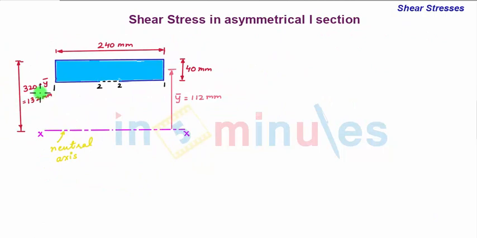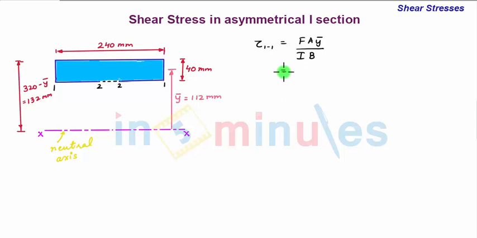So first we determine the shear stress at layer 1-1. We have the part of the cross section above the layer, which is nothing but the top flange. So this depth from the neutral axis to the top of this flange will be 320 minus y bar, equal to 132 mm. If you consider this shaded area above the layer 1-1, the area will be 240 into 40, and the y bar will be 132 mm minus 40 by 2, equal to 112 mm from the neutral axis. So now shear stress at layer 1-1 is given as F A y bar by I B, where A y bar is the first moment of this shaded area about the neutral axis.